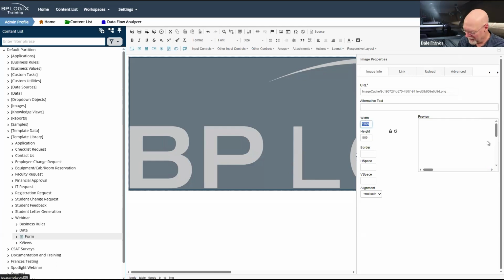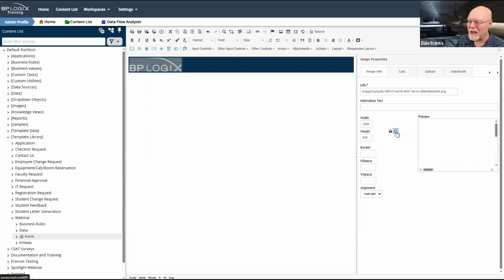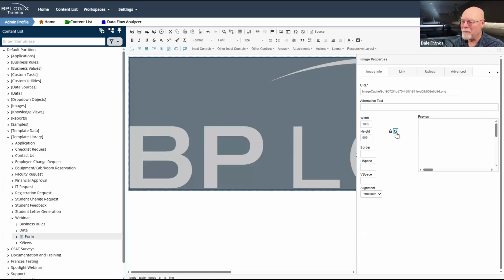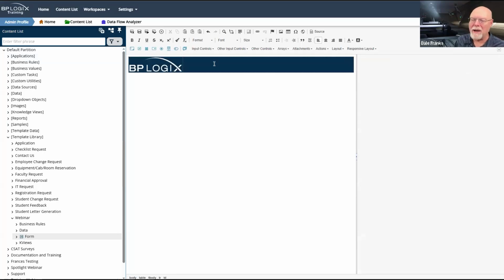That's a little big. We're just going to go with 200 here, I think. And by default, the ratio is locked. So if I change the width, it'll change the height. And there's a little reset size button here so that I can click the reset button. Well, I went back. There we go. Now it's 200 pixels, and that's the size that I want to see it. And so I'll go to my next column.